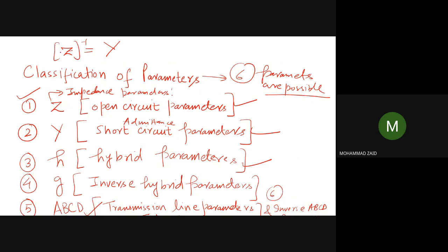That is, if you take the inverse of the matrix of Z, you will get a Y matrix. And in inverse, you know that for a 2 by 2 matrix, you can easily have the inverse of that matrix. Even for a 3 by 3 matrix, the inverse is not very difficult. If you know the adjoint as well as the properties given by the matrix, you can easily calculate these parameters. Now, once you know these parameters, you will take them one by one.